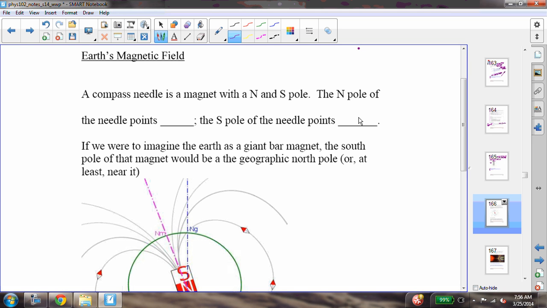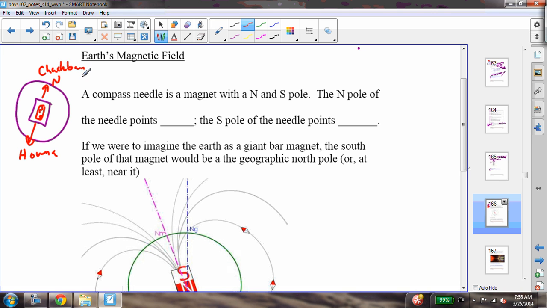But first of all, let's consider a compass. A compass has a magnet with a north and a south pole. And a nice little compass that you can make, actually, you can take a bucket of water and put a piece of wood in it. And then on top of that wood, you can place a compass that has a north and a south pole. And of course, the north pole of the compass will point towards Jack Bay, and the south pole of the compass will point towards Houma. If you're in Thibodaux, that is. Right. The north pole of the compass points towards Jack Bay, and the south pole of the compass points towards